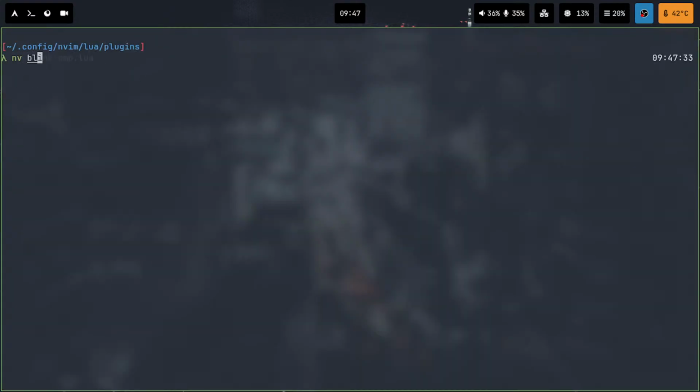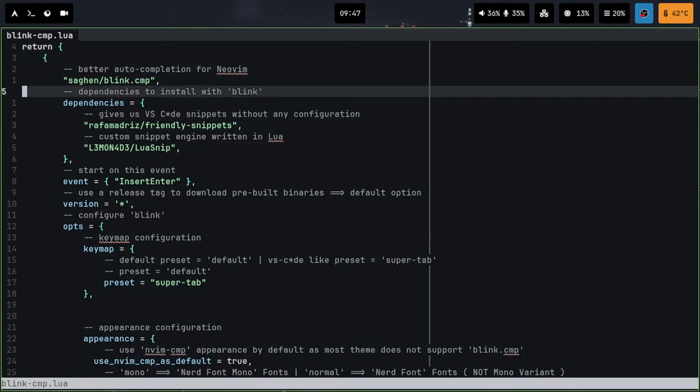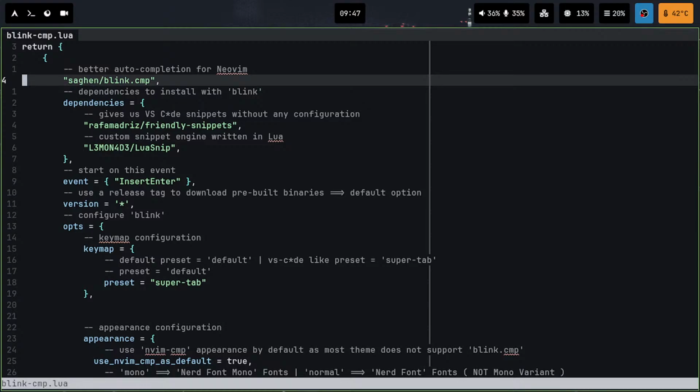Then the next thing that I added was blink. I was originally using nvim.cmp for the new configuration. Then I changed my mind because, first up, TJ DeVries, the goat, showed blink.cmp, but I was saying to myself, nah, I'm not gonna use blink. It's a new kid on the block,